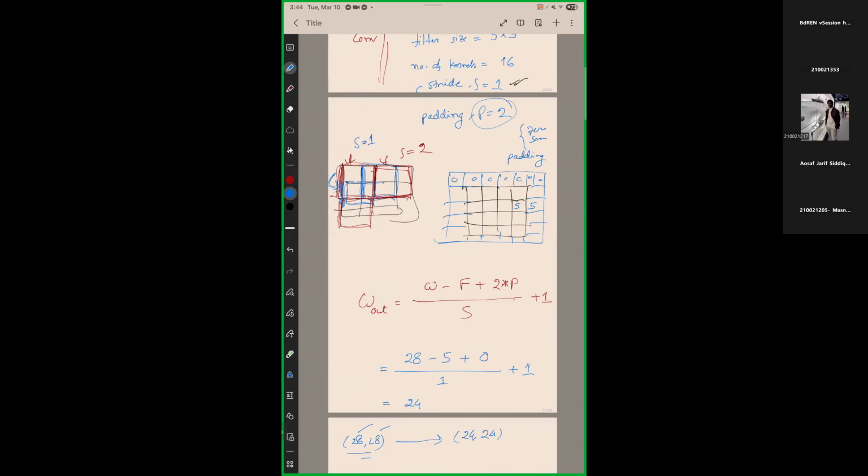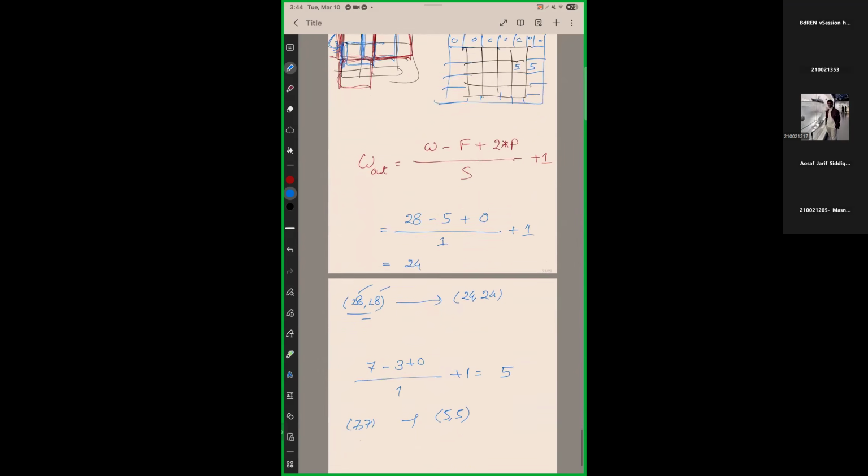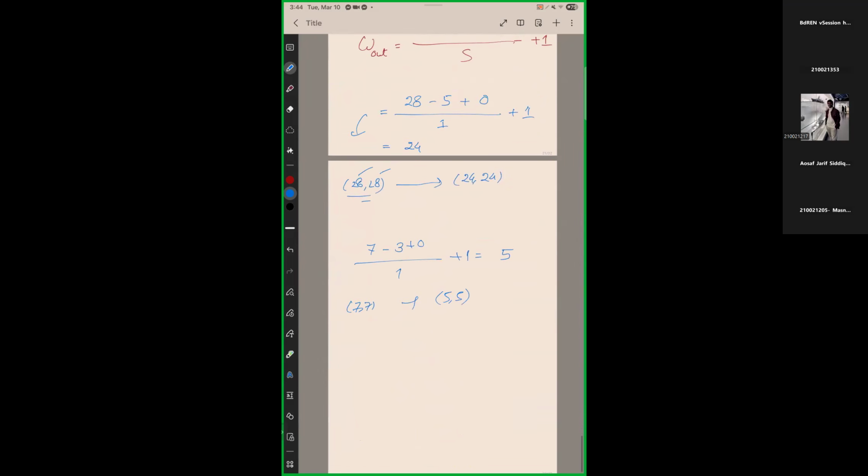So if you add some padding like this, then the equation becomes like this: 28 minus 5 plus 2 by 2 padding, so 2 by 2, divided by 1, plus 1. So you see the value becomes 28. Same থাকে না? জি স্যার। স্যার মানে আমরা যদি ছবির অরিজিনাল ইমেজটাকে ইনটেক্ট রাখতে চাই, তখন সেক্ষেত্রে আমরা প্যাডিং ইউজ করতেছি।